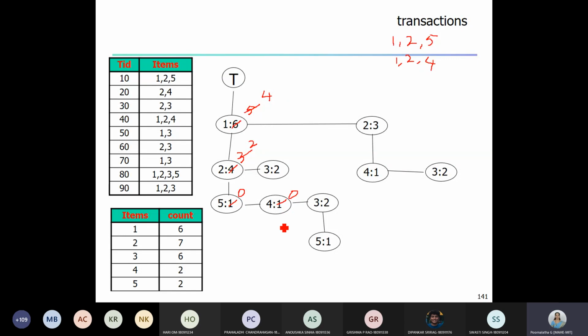It means I need to stop here because I am able to get one particular transaction: 1, 2, 4. Please note that the second transaction here is 2, 4. Here it is different. After reading the FP tree, we would be getting back all our transactions, but may not be in the original order as they appear in our original database, but we will be getting all our transactions back. So now we are able to get this 1, 2, 4.